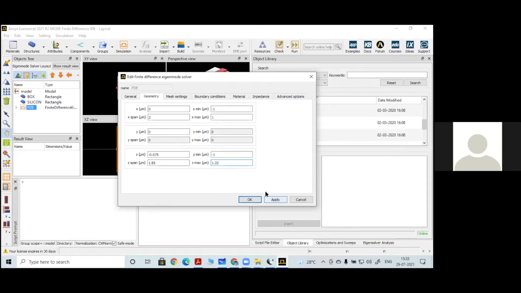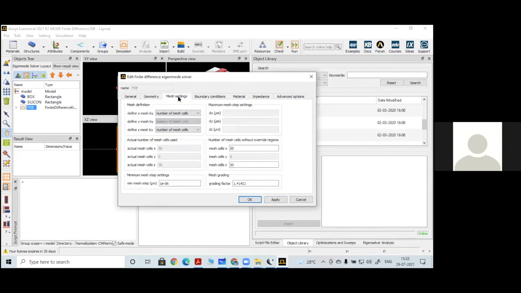Then you can see the same settings here. Mesh settings are also very important. Since the FDE solver type is Y normal, with respect to Y we do not have any cells, but in the other directions, that is XZ, in this two-dimensional plane, we can discretize our entire structure into small structures.